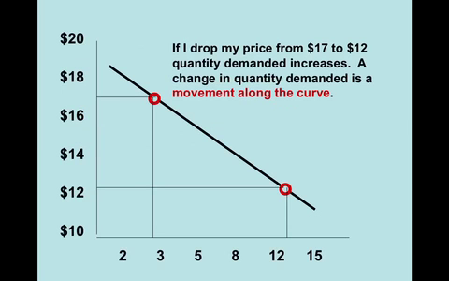So here it is on a curve. In this particular example we have in front of you, we've got an initial price of $17. You can see that's the upper circle there. And at that point, we want about, I don't know, 2 3/4 of the product or somewhere in there, right? It's just before 3. As we drop the price down to 12, you can see that the quantity demanded increases.